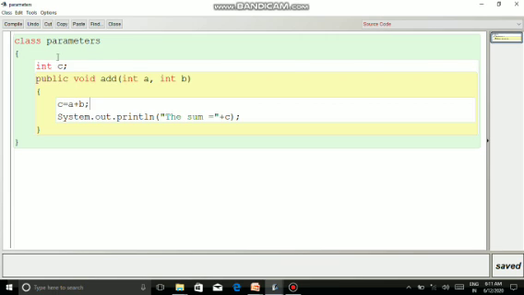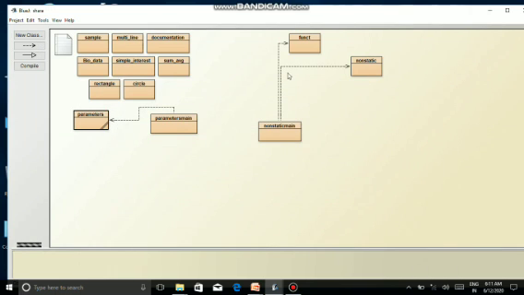Class Parameters: int c, public void add(int a, int b), and here the formal parameters are int a and int b, and c is equal to a plus b, System.out.println, the sum is equal to plus c. Now we'll compile and see. Compile, class compile, no syntax errors. Then I have created one more program called ParametersMain.